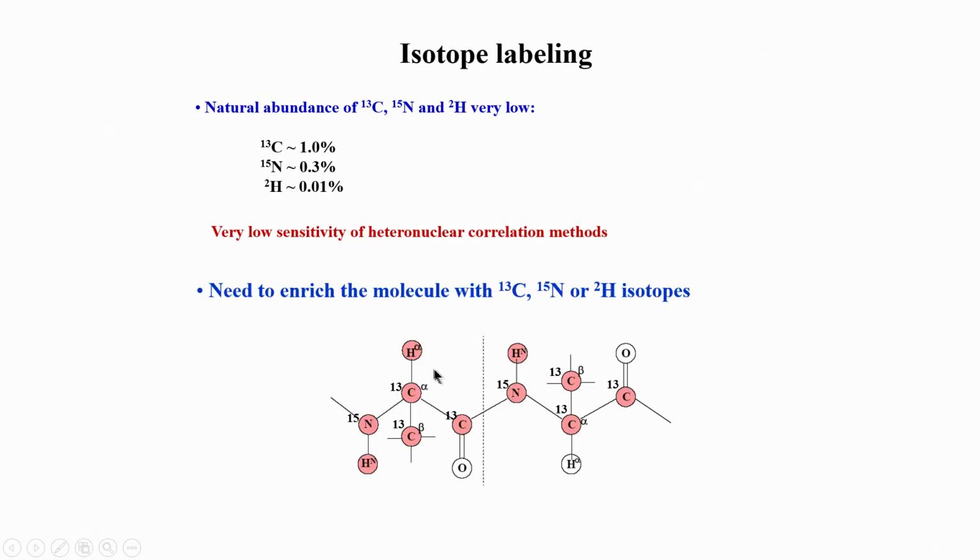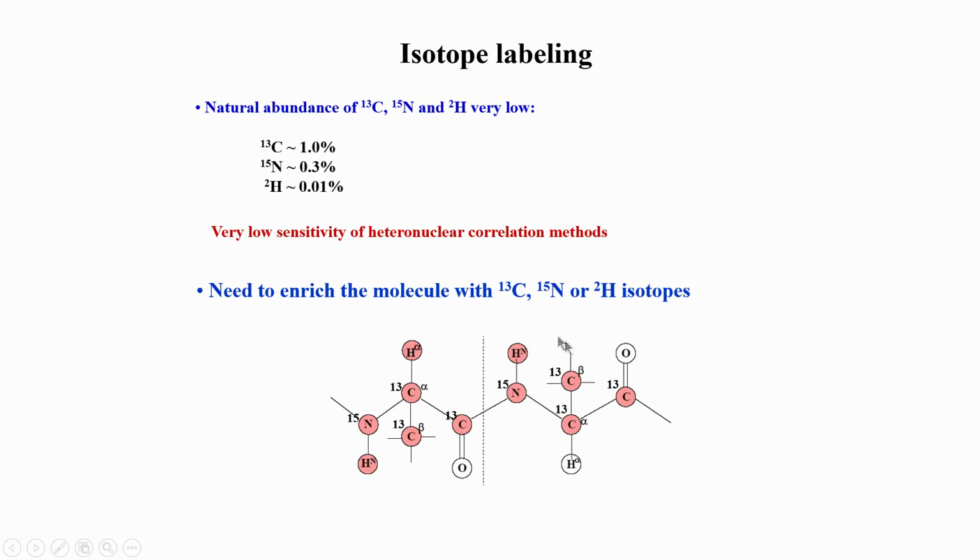So, basically what it means is that we need to convert. You can see here every carbon and every nitrogen is now shown as N15 and C13. This is what we need to generate. This is a dipeptide, part of a protein. The protein runs from this side, N terminal, to C terminal, and it is shown here for a dipeptide. So, we need to label C13 everywhere.